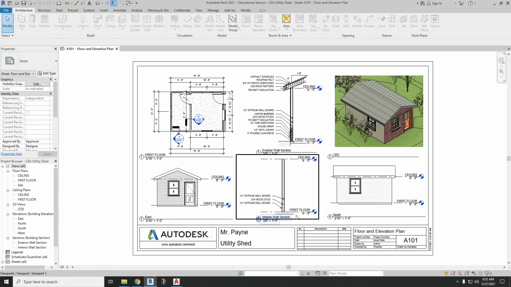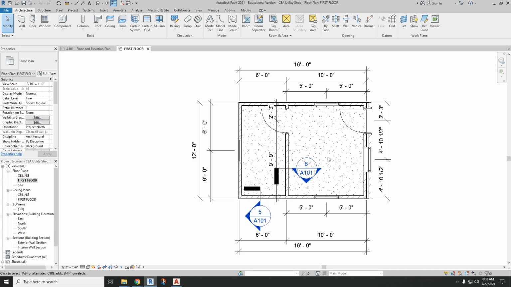Hello everyone. This video is to help you create an actual architectural model out of your Revit drawings. So this is the shed, so we use this as an example. And where you're going to start is you go to the first floor plan. And what we're going to do is export these into AutoCAD and then essentially use AutoCAD to send the information to the laser to engrave and to